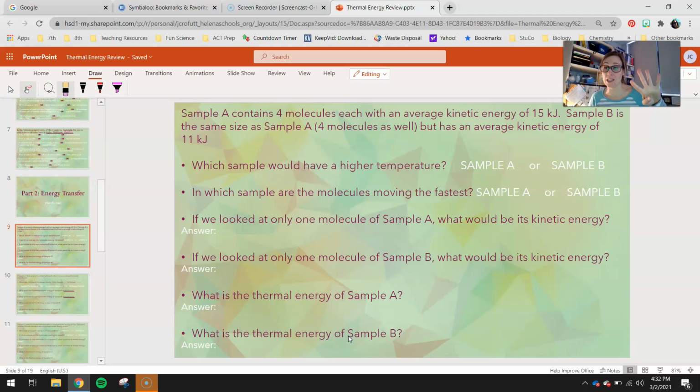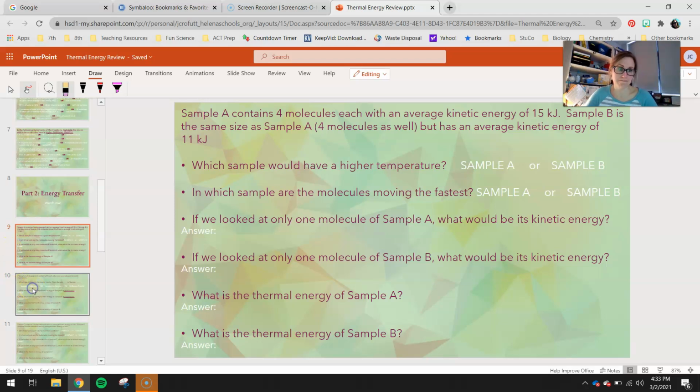So if we have 4 molecules in sample A, each with an average kinetic energy of 15, we would take 15 plus 15 is 30, plus 15 is 45, plus another 15 is 60. So your total kinetic energy, or your thermal energy for sample A, would be 60. Okay, same with sample B. Add up all of those kinetic energies in the 4 molecules for sample B, and that's going to be your